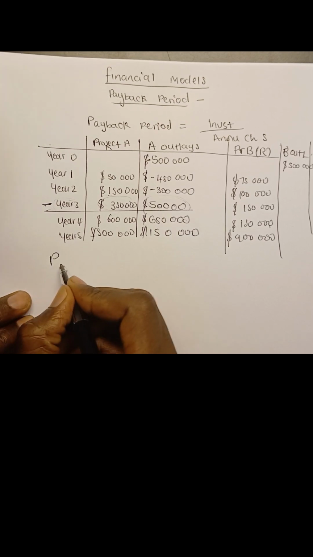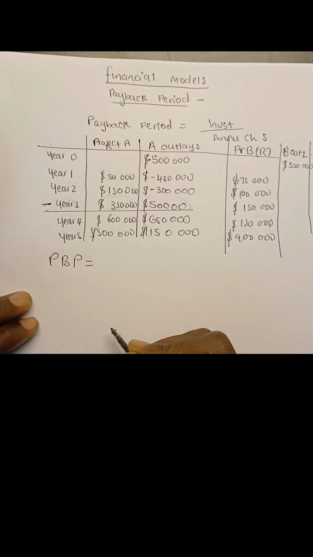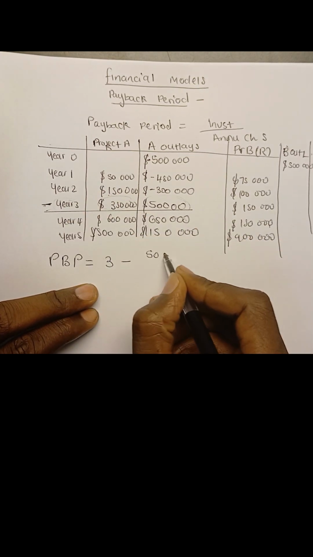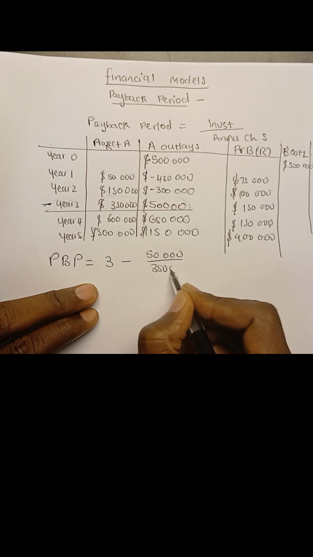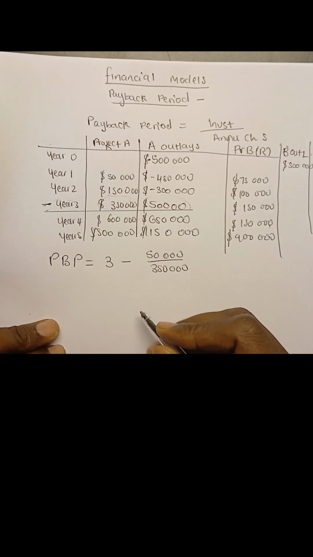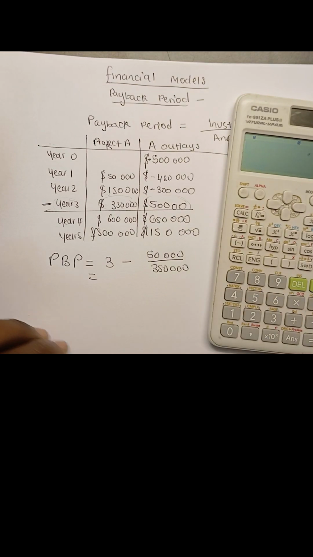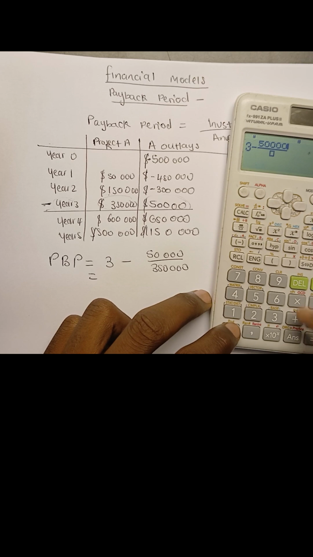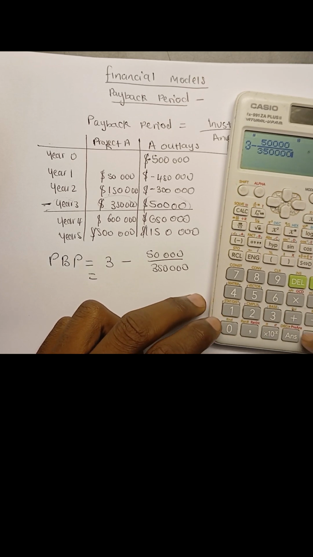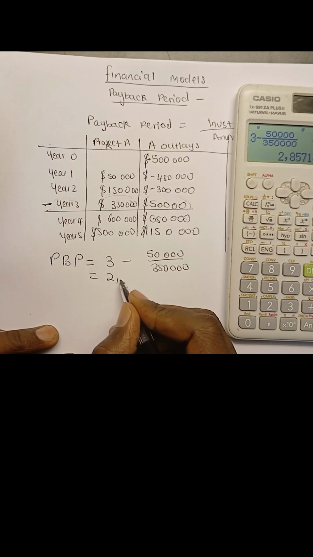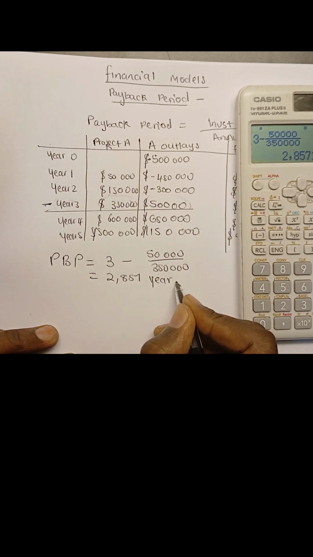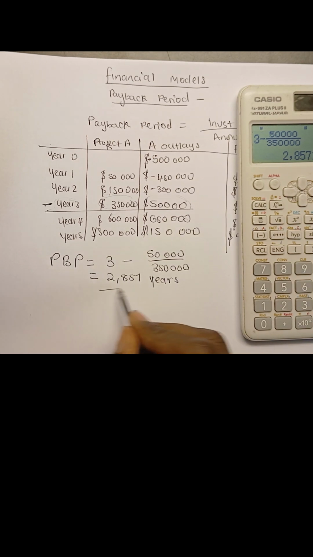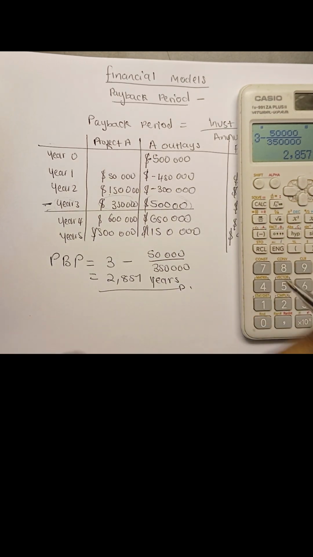Now we're going to use it in this formula. So our payback period is equal to the year. So it's 3 minus 50,000 divided by 350,000, right? So what is our payback period? 3 minus 50,000 divided by 350,000. So 2.857 years, right? So that means it's practically 3 years if we round this, but mathematically, this is how long it's going to take for us to get our